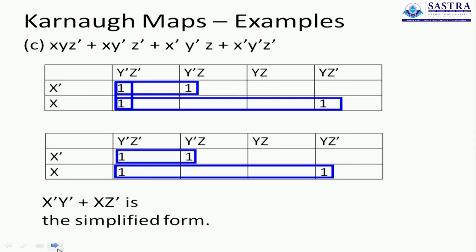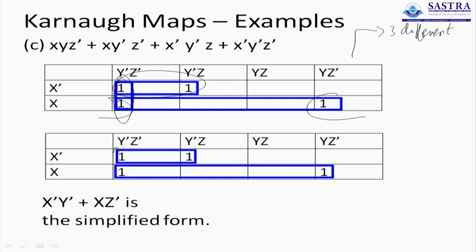I can either do this loop where these 2 adjacent ones are grouped, these 2 adjacent ones are grouped, and these 2 adjacent ones are grouped. But that will account for 3 different loops. If there is another way to minimize this number, we are supposed to do it. Can we do it in 2 loops? Can we do it in 1 loop? Can we do it in anything lesser? I can't do 0 or 1, but I can do 2.